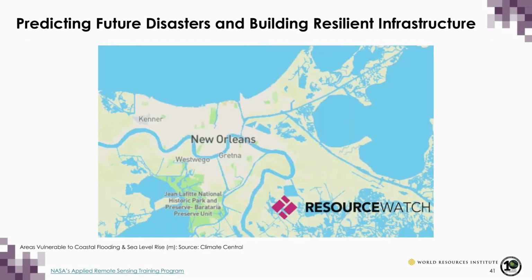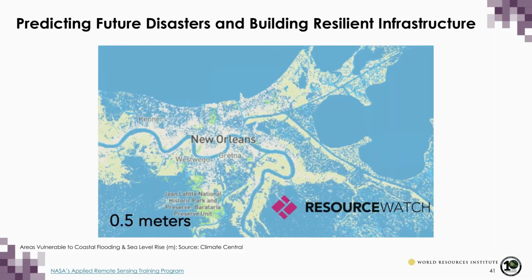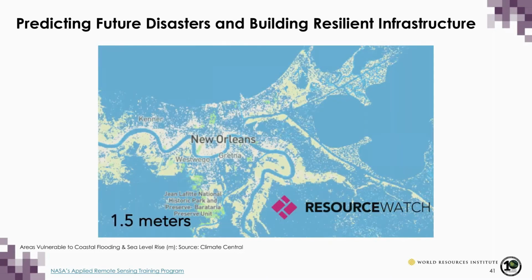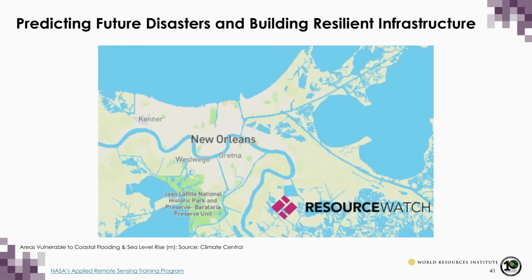If you're more interested in predictive data, one of the data sets you might be interested in is our sea level rise data set. This shows you which areas would be inundated with water at different levels of sea level rise. You're seeing here New Orleans has a really huge impact from the sea level rise, and you could overlay this data set with some infrastructure data sets to see exactly what infrastructure might be affected in these different scenarios.